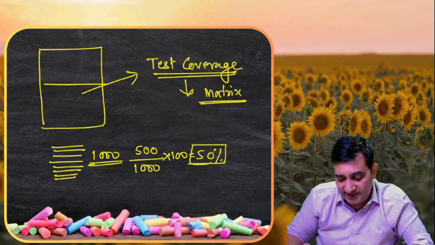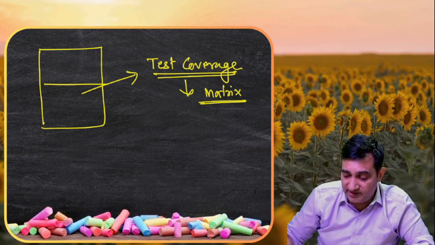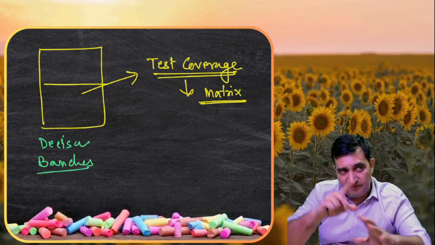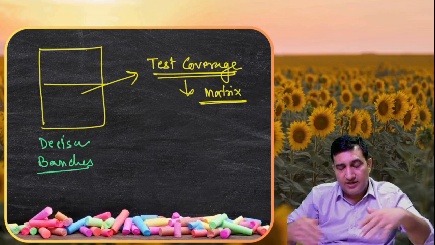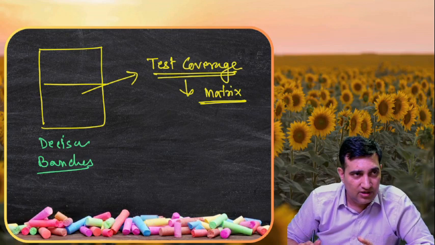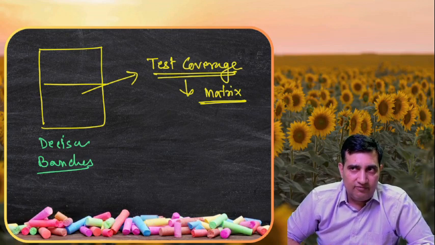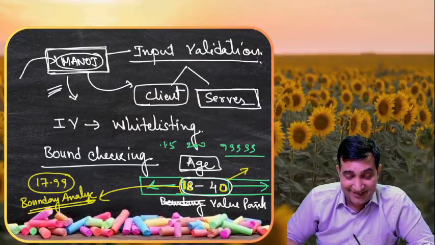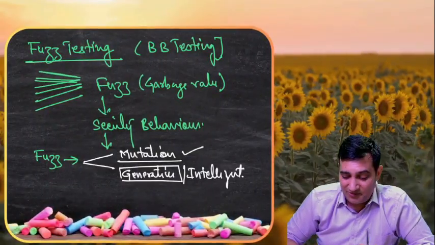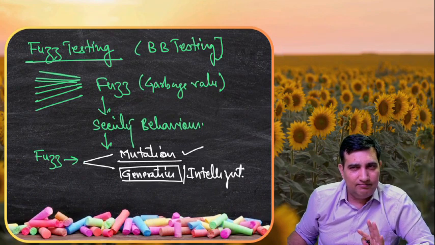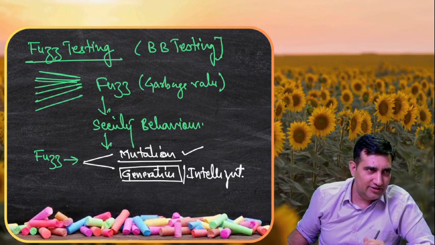Same case, we can test for decision boxes as well. We also check for branches as well, because in the software flow we have different branches, yes, no, all of it, they also can be tested, and so on. So that's called your test coverage. So I hope, guys, I have covered software testing end to end for your CISSP exam. I think this one video should be enough for you. I think everything is covered in this one single video.